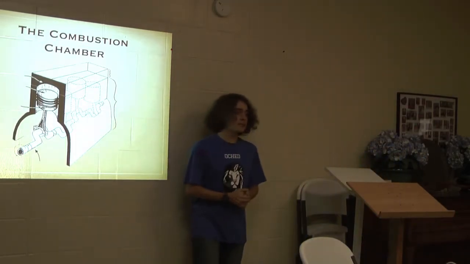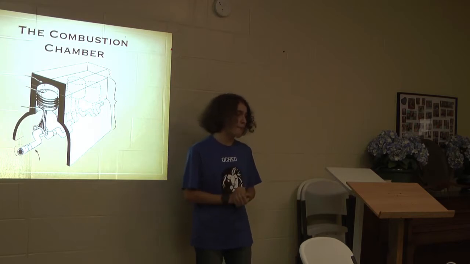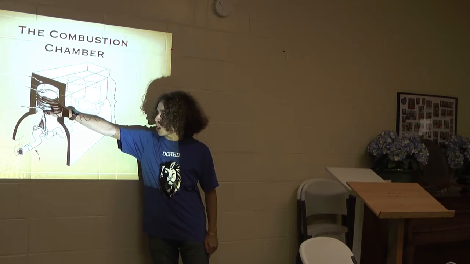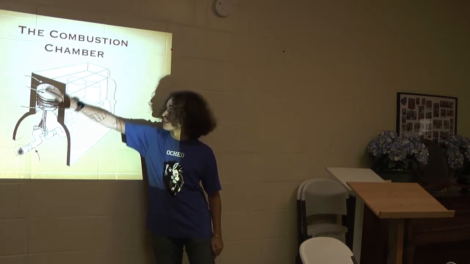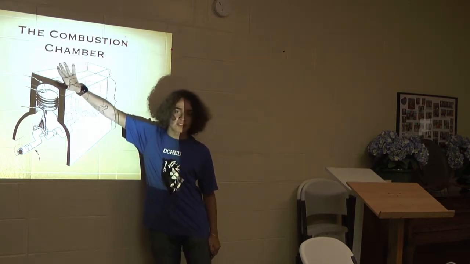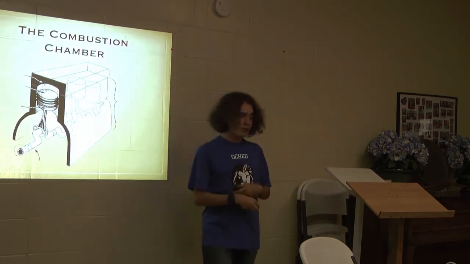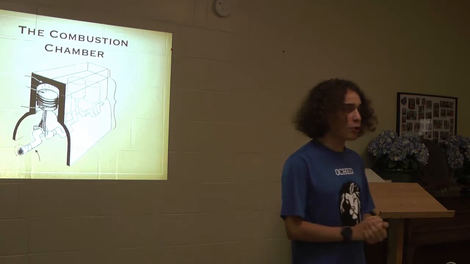Now what is the combustion chamber? The combustion chamber is exactly where the explosion happens. As you see here, the piston is also the bottom of the combustion chamber. The head up here is also the ceiling and houses the valves. And the way that it works is that the engine has a simple 4-stroke system